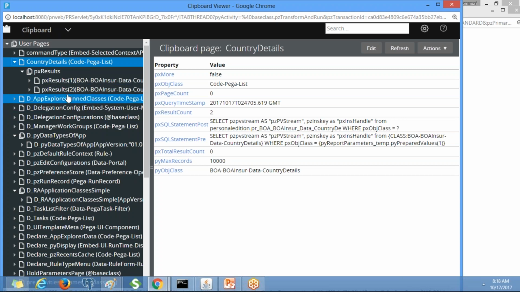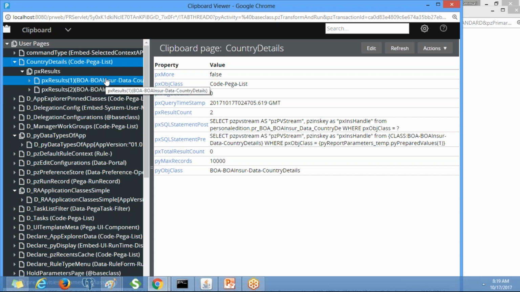If you have n records in your data class, you will see px results of 1 up to px results of n. It is very important to understand. Px results is a page list property, and under it you will see all the records.